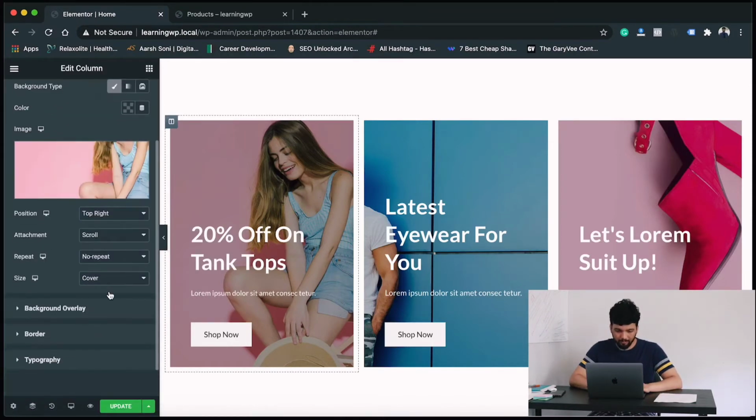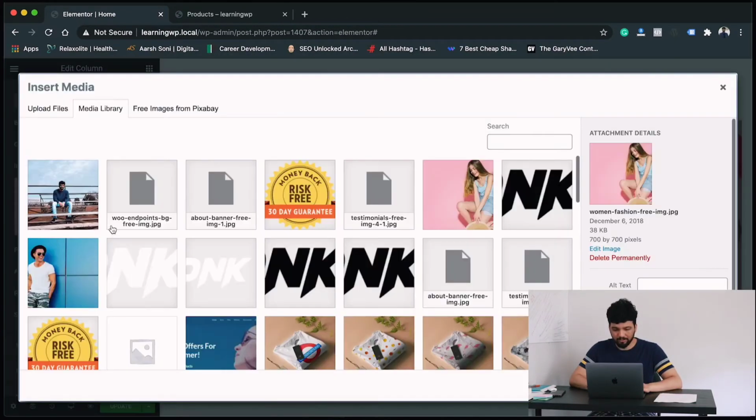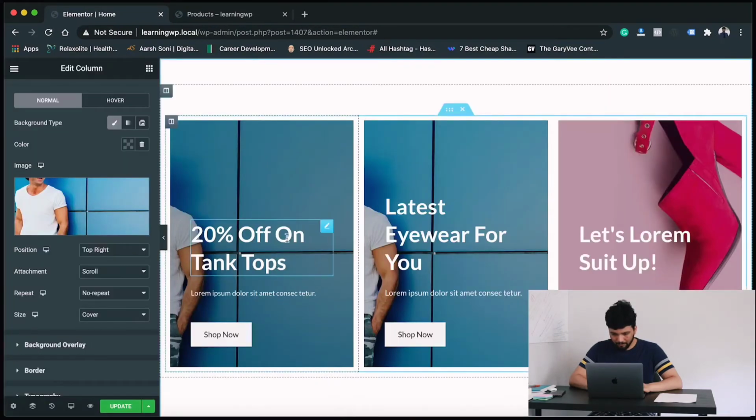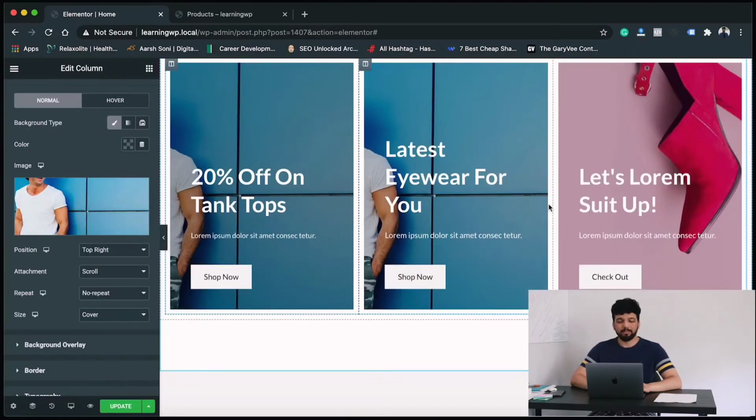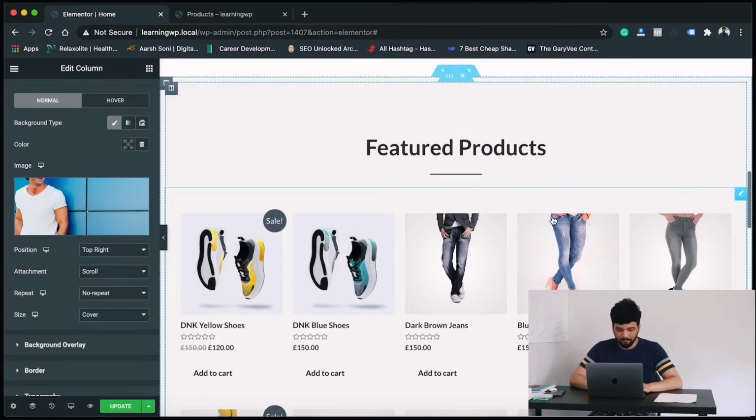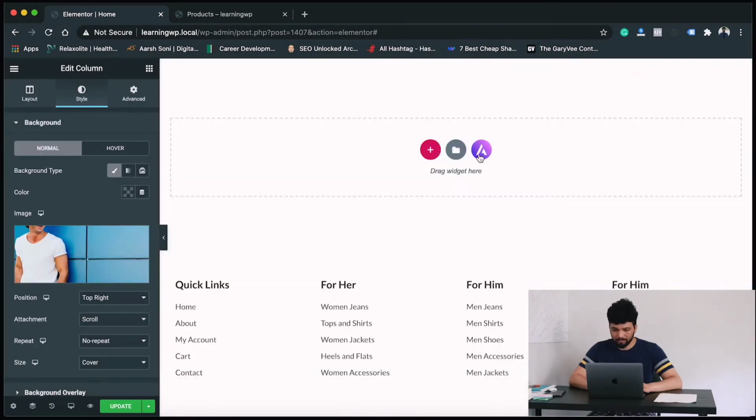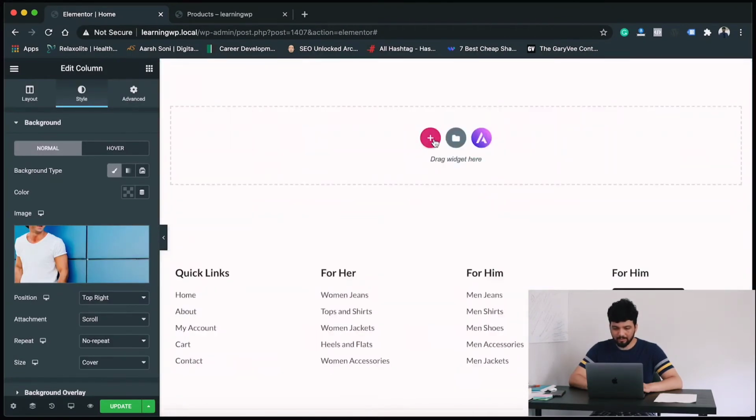Same way, if you want to change images here, you can change images. Let's say we'll put this one, and there you go. Same way you can edit everything here. This is the feature image products. I don't think you will need it for now unless you are building an e-commerce website. So we'll go ahead and click cancel. We don't want this section, and that's it.